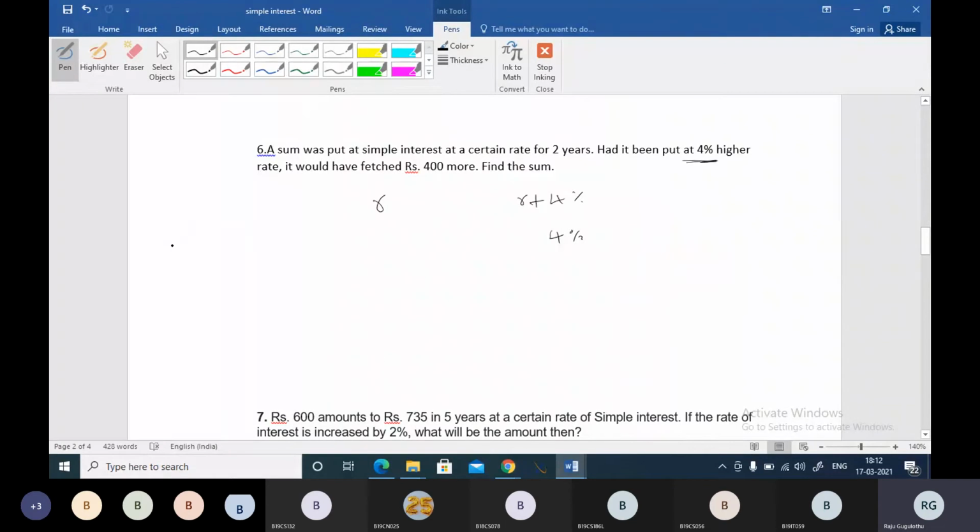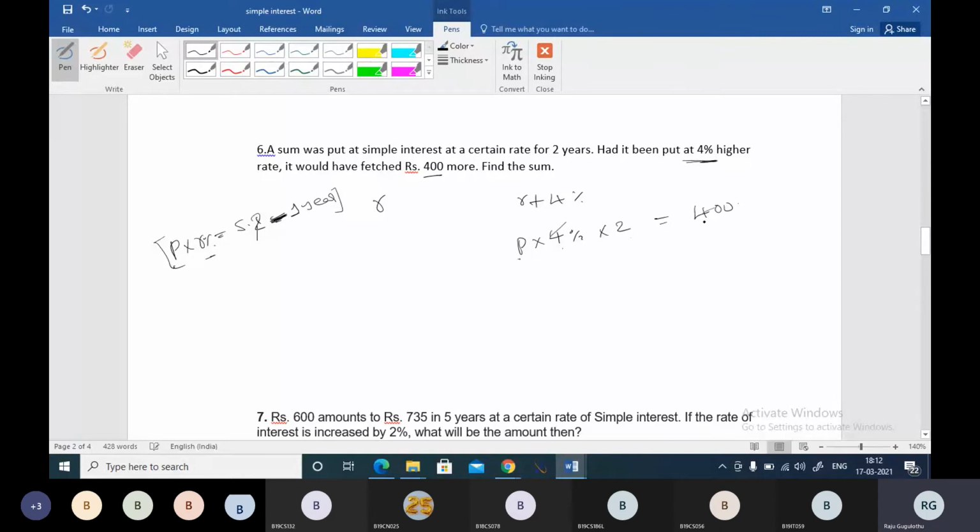See how we are finding simple interest. Principal into rate percentage will be giving you simple interest for 1 year, boss. This is very clear. We have been doing this from the starting of the class, right? You can see this excess, your principal into this excess 4% for 2 years should give 400 rupees, because the increase in rate is causing the 400 rupees change in the amount, boss. I hope you are getting this point.